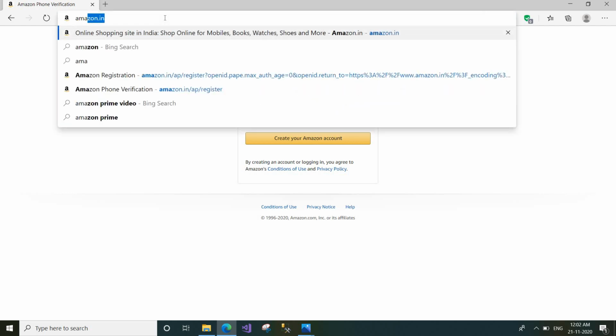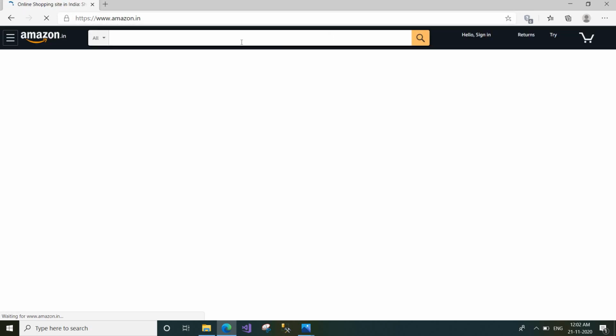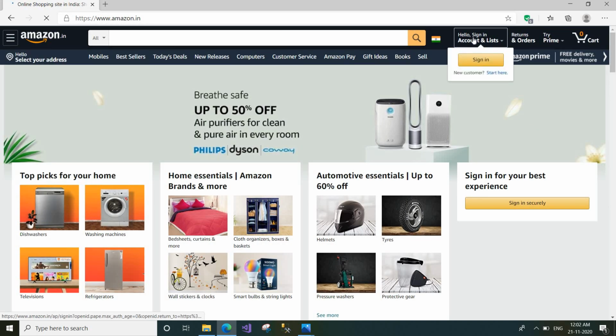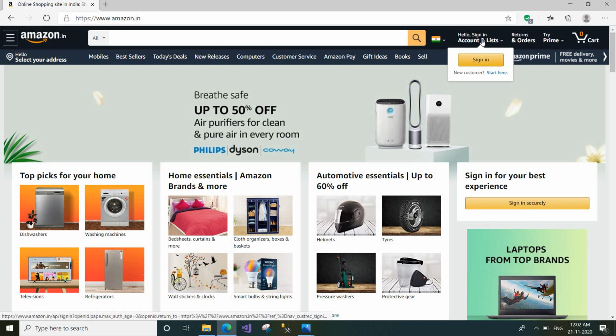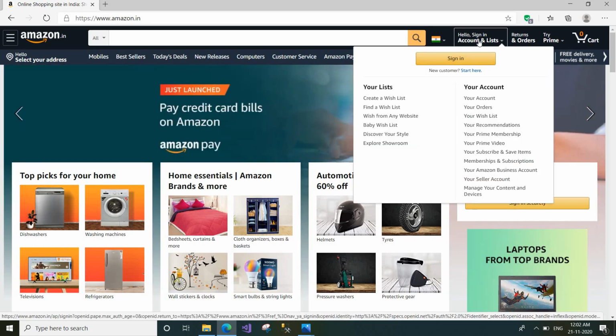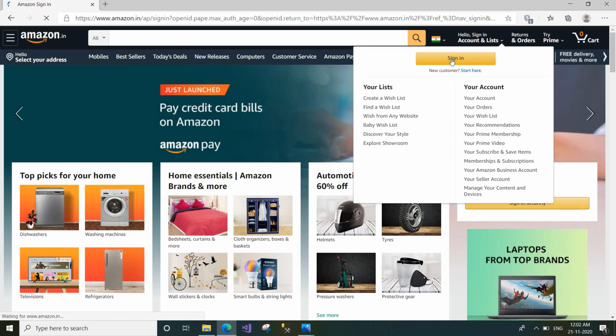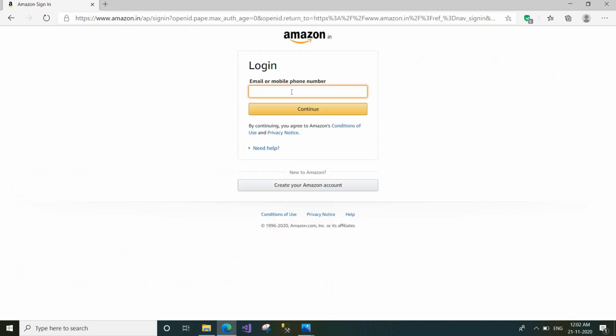Next, we log in to the Amazon website. Click the sign in option here. Give your mobile number or email ID.